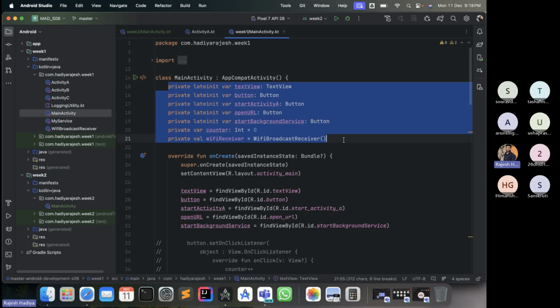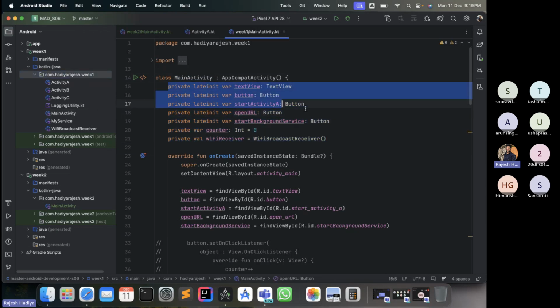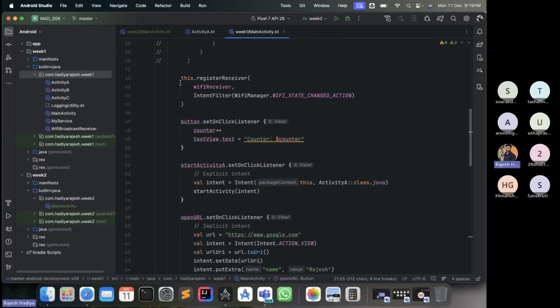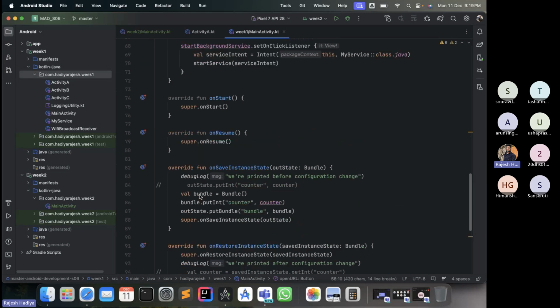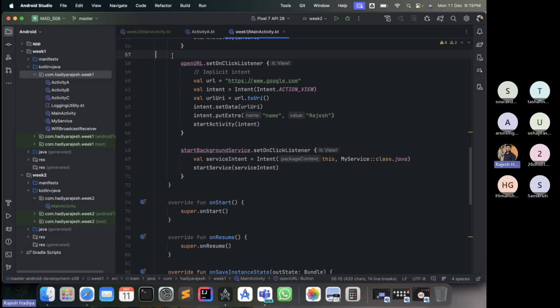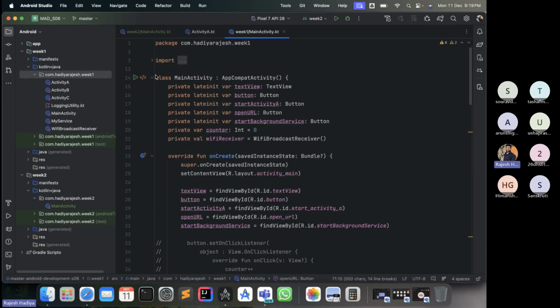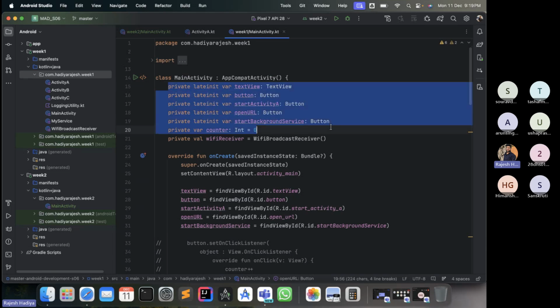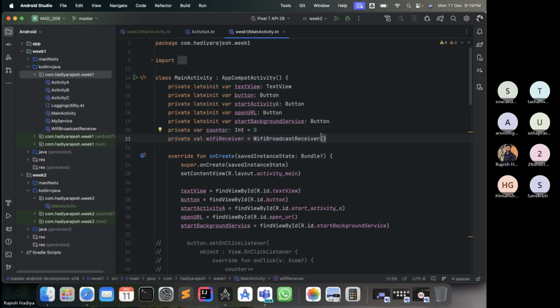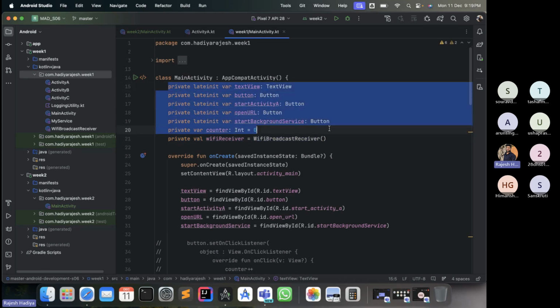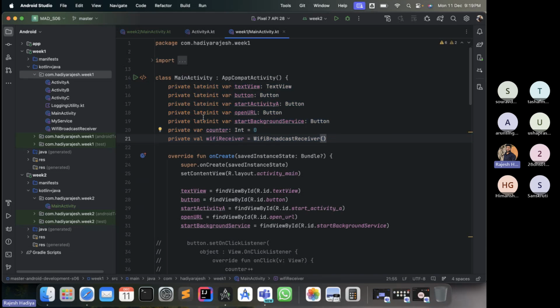Now, if it is a simple project, just like this one, then it's fine. You can manage it, right? It's just a few variables, 5 to 7 variables, and just a few on-click listeners and intent firing happening. So this is a toy project, that is fine. But now the issue with these things is, there are a few issues with these things. First thing is